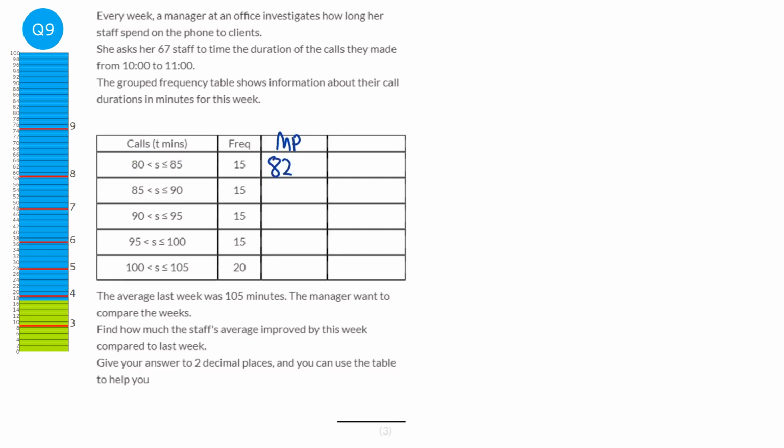So this will be 82.5. Then 87.5, then 92.5, 97.5, and then finally 100 plus 105 divided by 2 is 102.5. Next we need to find the FT, which is just the frequency times the duration of calls. Now in this first group we're not timesing it by 80 to 85 or anything like that, we're timesing it by the midpoint. So our midpoint effectively becomes the t. So we're going to do 15 times that, which will be